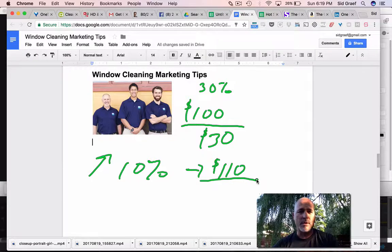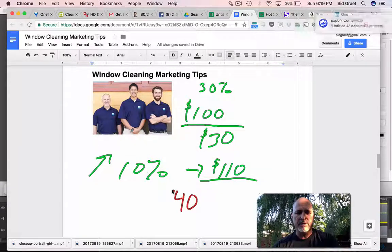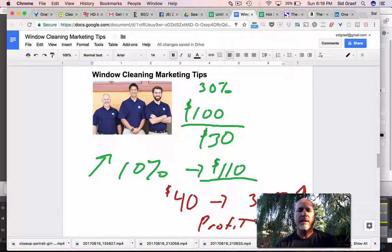You're doing the same amount of work, same amount of labor, same amount of overhead and everything else. But now, instead of making $30, how much are you actually making? You guessed it. Now, you just increased your profit on the same job with the same outlay to $40. That, my friend, is a 33% increase in profit. You can raise your prices 10% today and increase your profits by 33% if your profit margin's